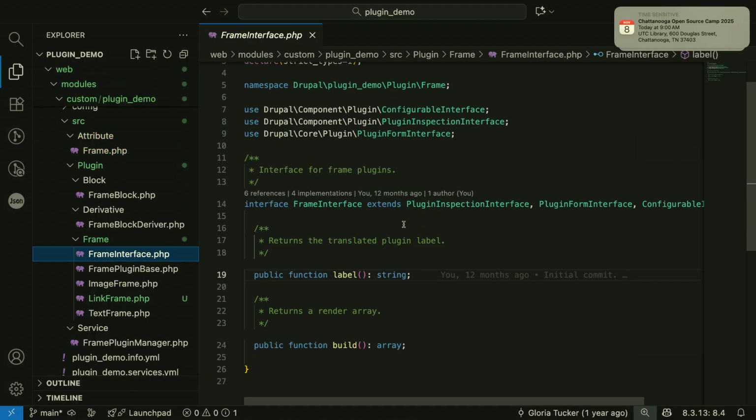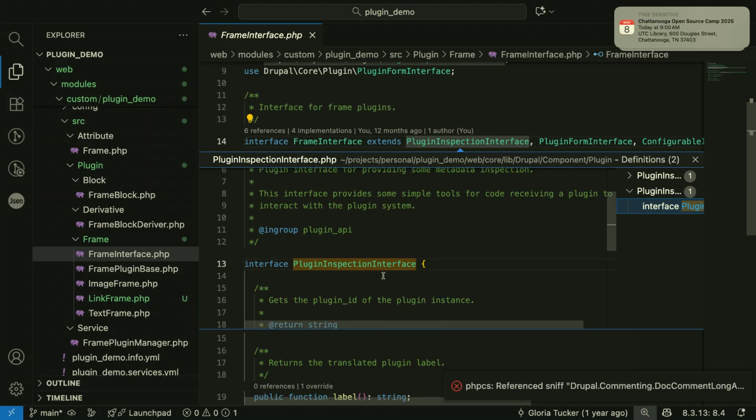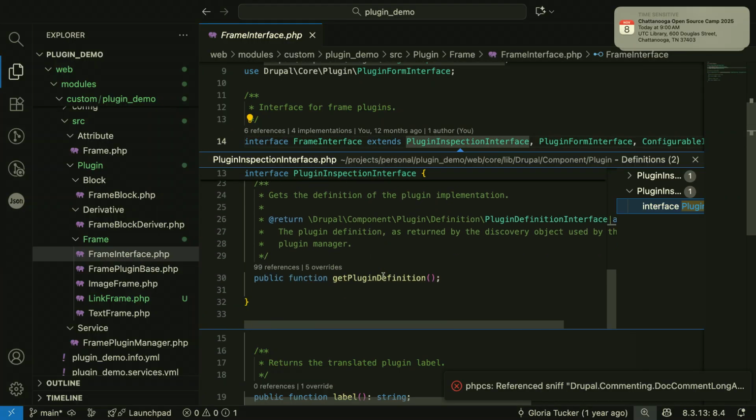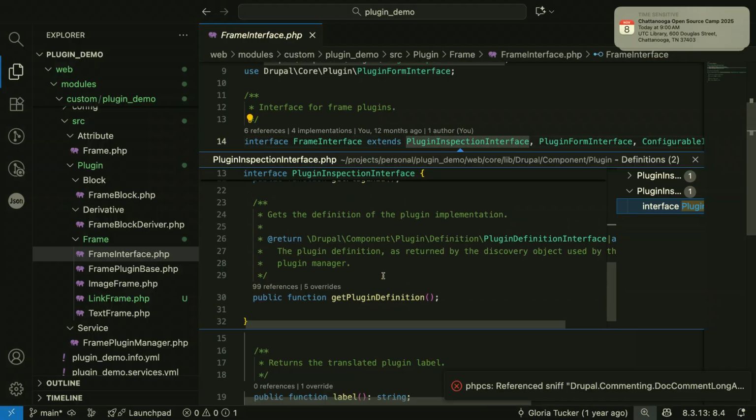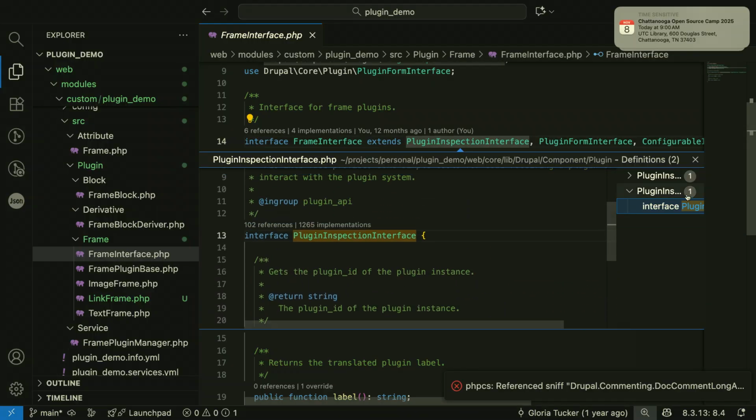Next thing we're going to look at is the plugin interface. As you can see, it implements the plugin inspection interface, which is normally how plugins get discovered, and it gives you these two methods, get plugin ID and get plugin definition. So it will be easy to retrieve